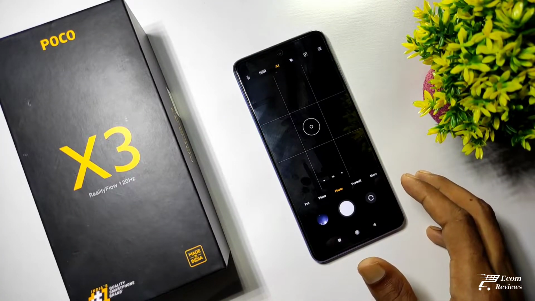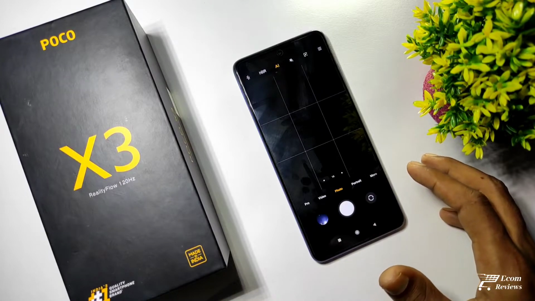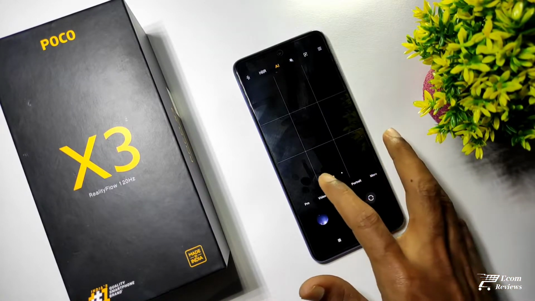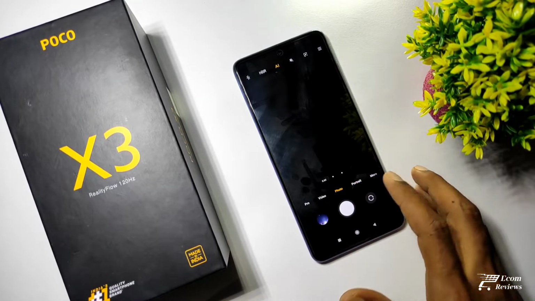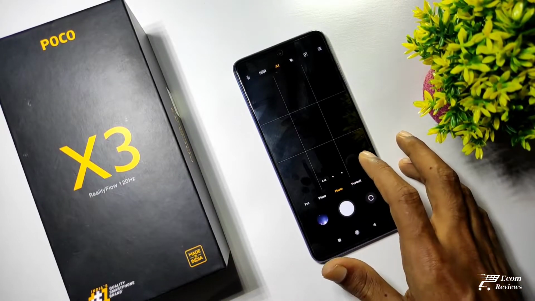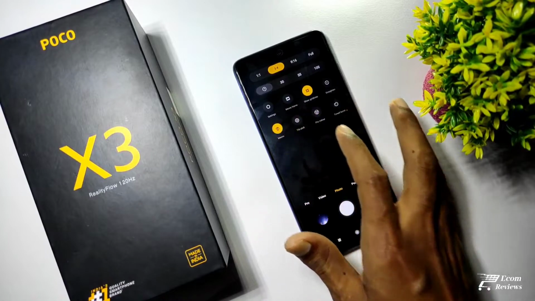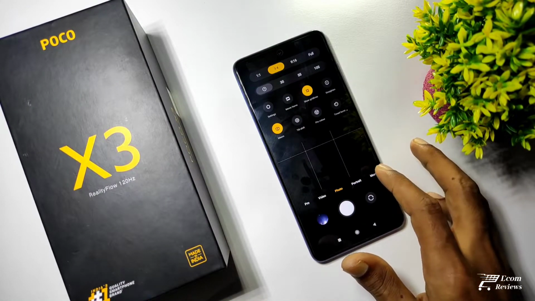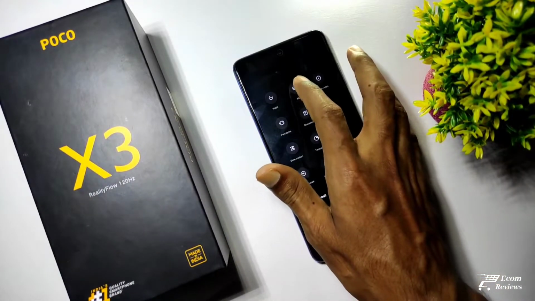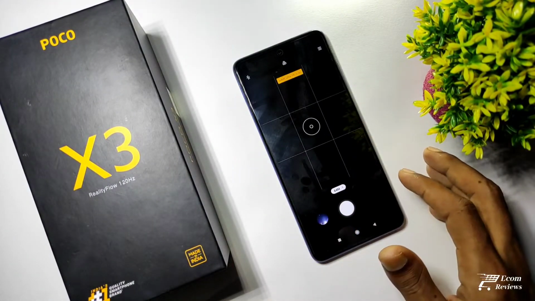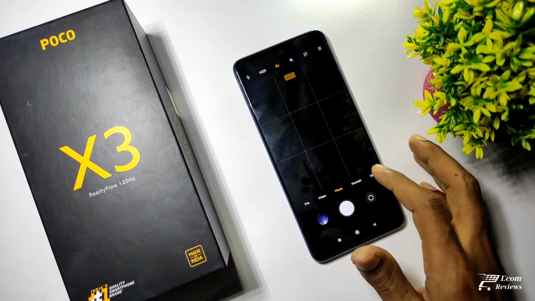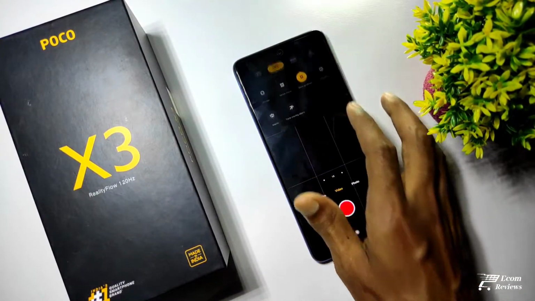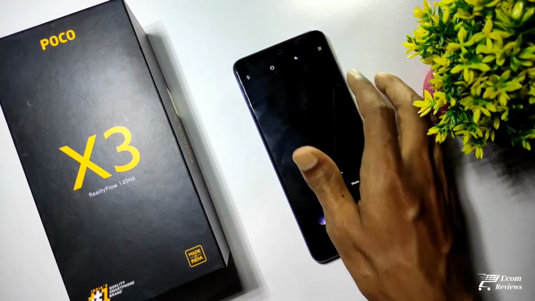So first of all, you get the option to choose multiple lenses from the home screen of the camera app. If you want to use the ultra wide lens, then just tap on the 0.6 option, and for the macro mode, tap on the 3 bar on the top right corner of the camera app, then tap on the macro option. And if you want to use the 64MP mode, then go to the more section, and here you will find the 64MP mode.